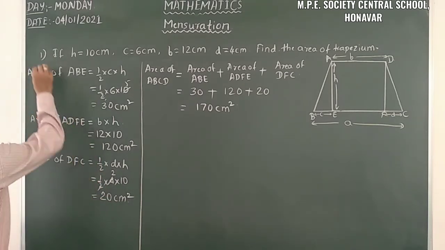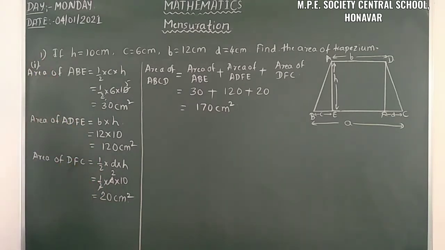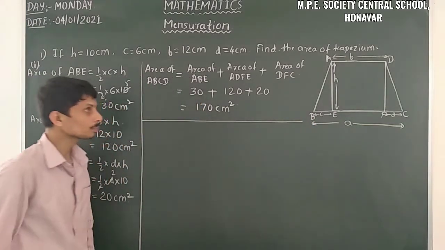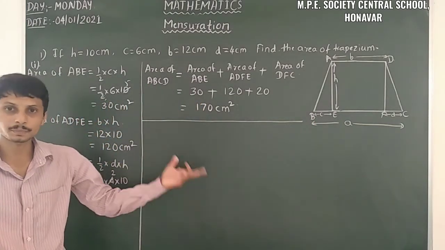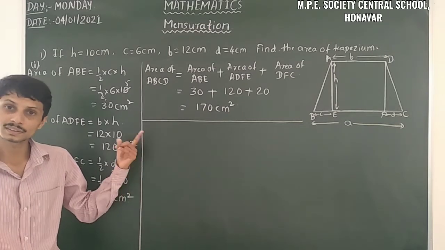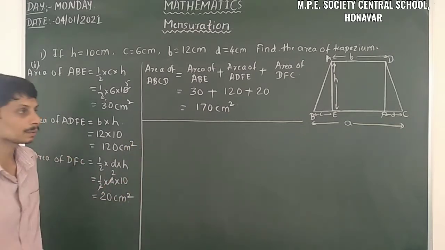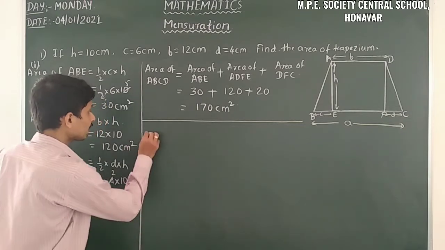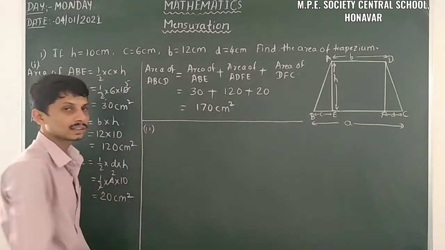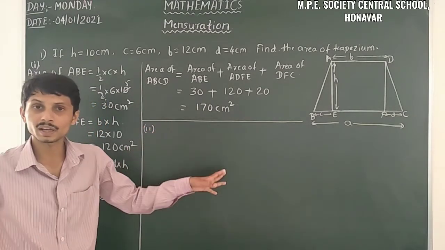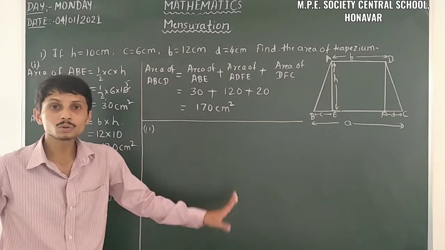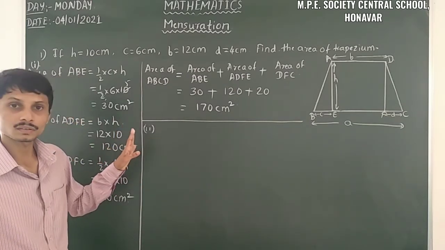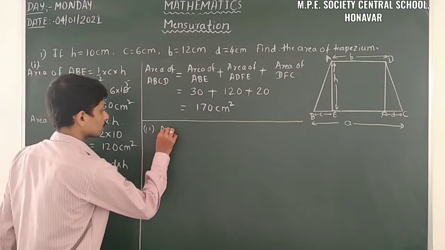So this is the first method, and then we can use the formula. In most of the next problems we have to take the second method only, because we have to use only the formula. That is the second way. Another way, the second way, means here we have to use the formula. Just observe the area of trapezium.